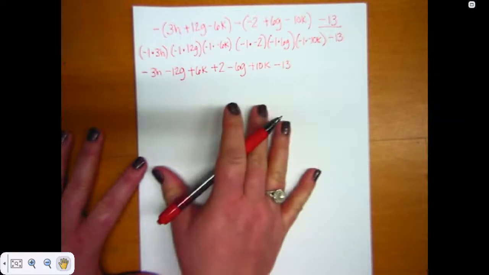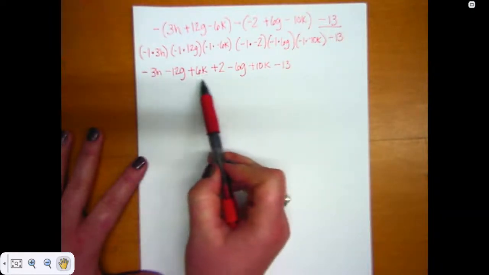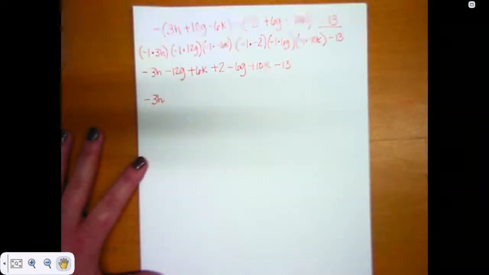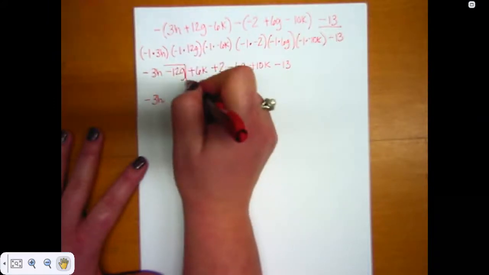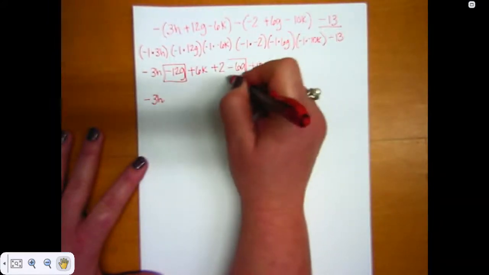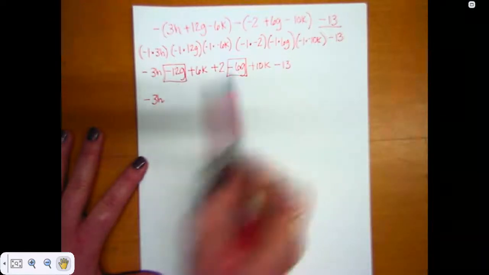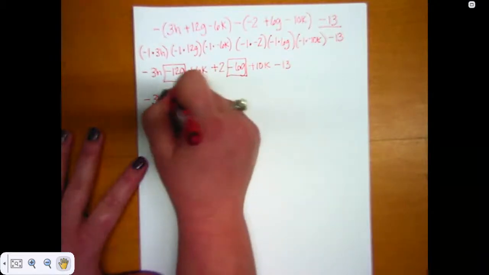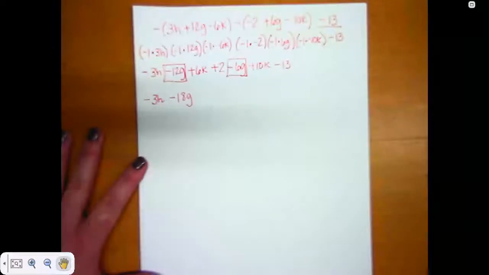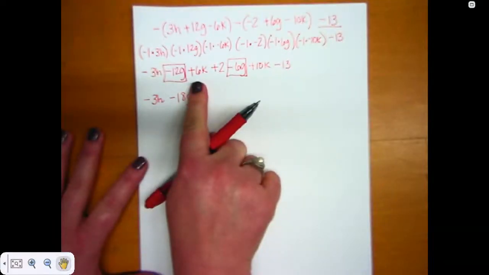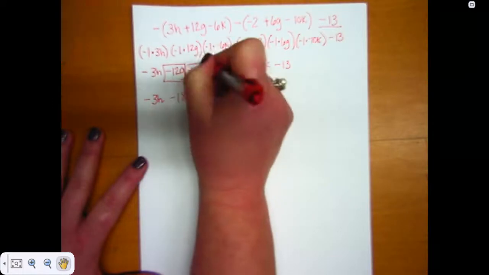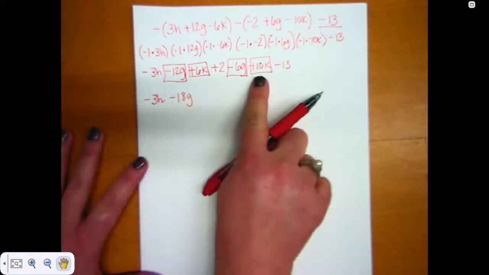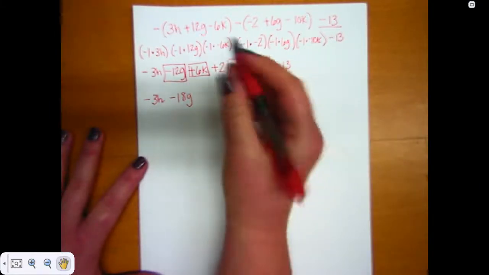Now we can simplify. Do we have any more h's? No, we don't. So we're going to bring it down: negative 3h. Do we have any g's? We do. We have negative 12g and negative 6g. So negative and negative, their signs are the same. So we're going to add and keep the sign of the largest absolute value, which would be negative 18g. Now we're going to check to see if we have k's, and we do. We have a positive 6k and a positive 10k. My signs are the same, so I'm going to add, and I'm going to get positive